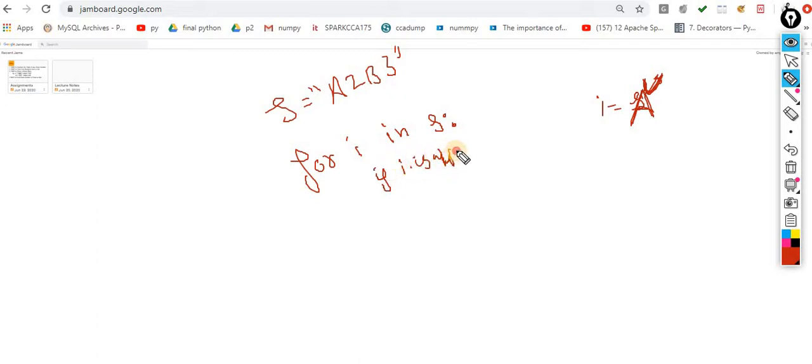Now for I in s, the first value of I would become A. Now you have to check whether it's a digit or an alphabet. We know how to check it. Last time we discussed, if I dot isalpha, which means if it is an alphabet, then A is an alphabet.